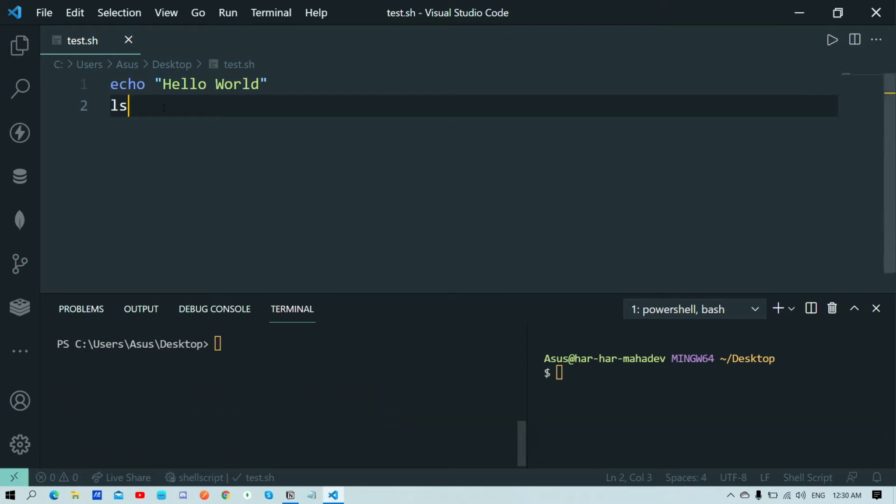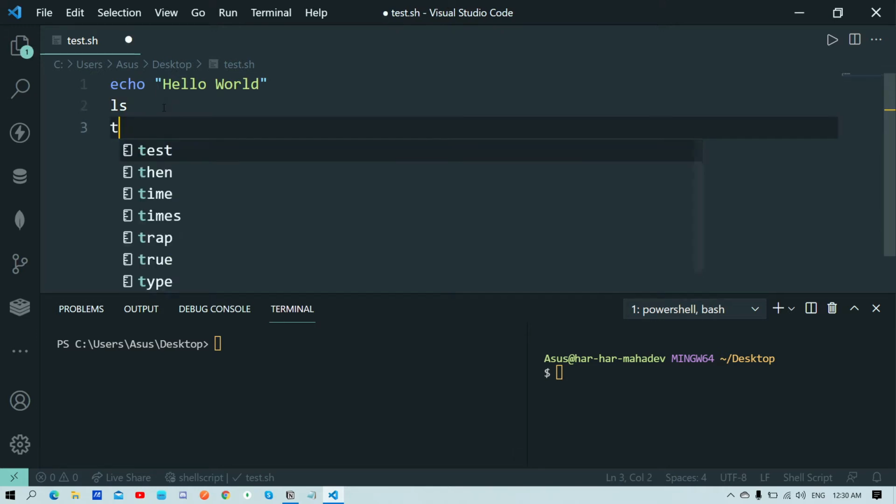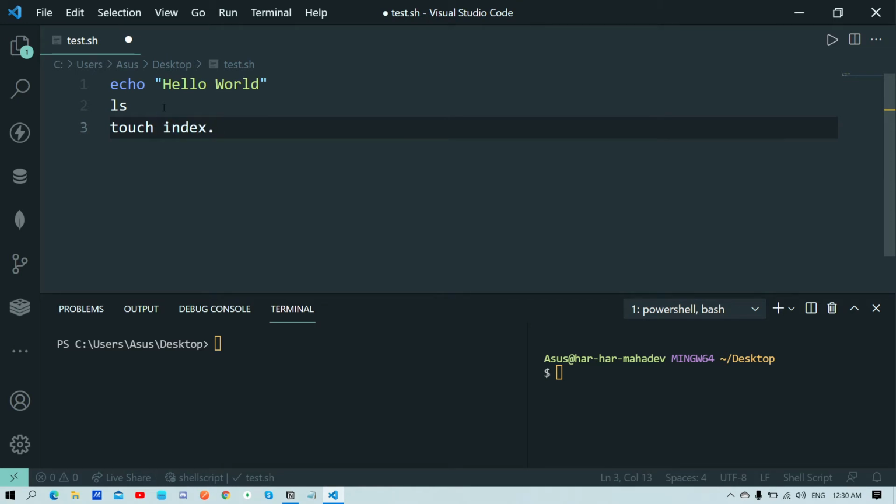After that, if I want to create a file, I'll use touch and the file name, like index.js I want to create, like this. And if I hit bash again, it will automatically create index.js for you, but we are not getting it over here.